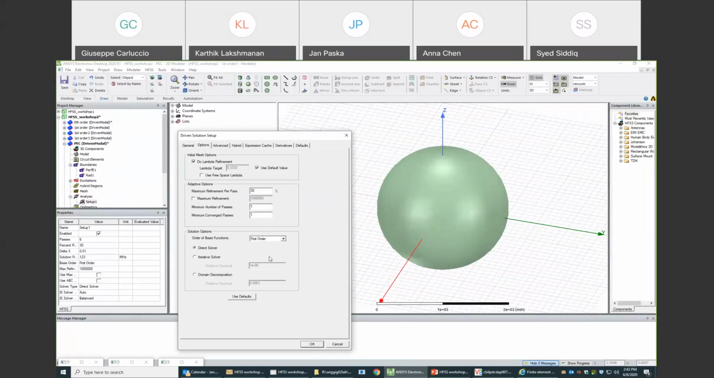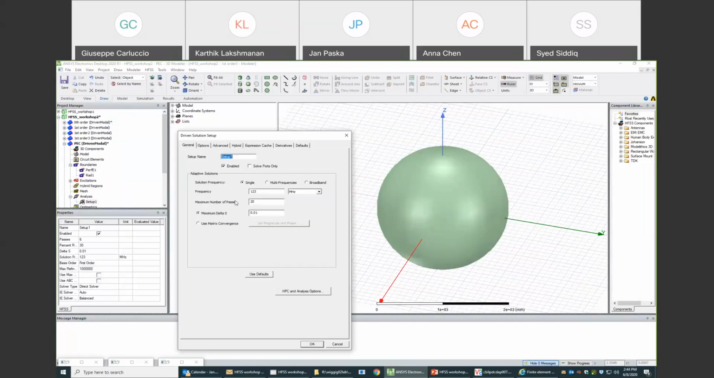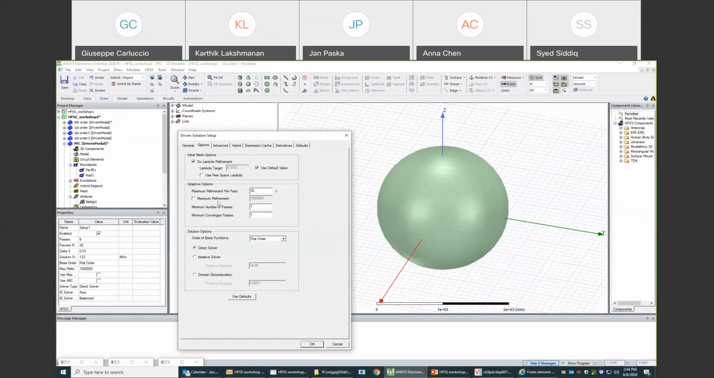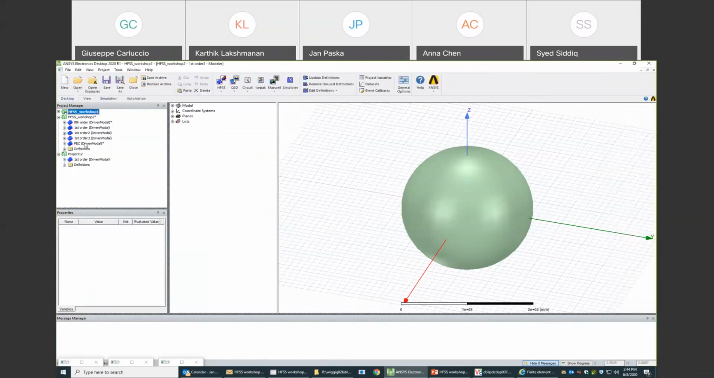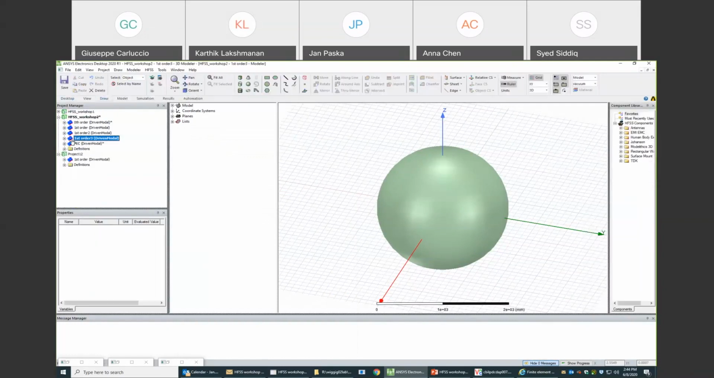First order basis function. Okay. Let's say minimum number of passes. Let's just let it run to 20 passes. It's the first way of modeling a coil conductor. The second way